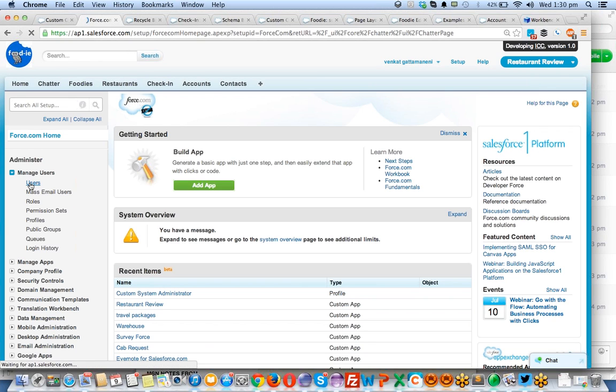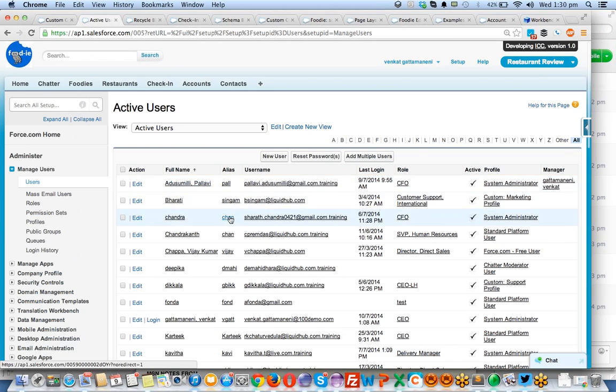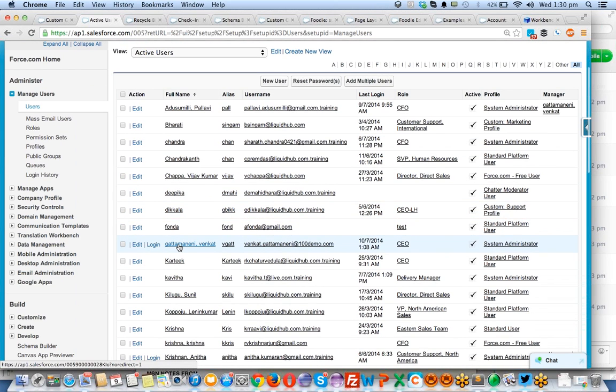By clicking on users, you can see all the users' profiles, right? All active users. Now, I have given login permissions to all the people. If you go to active users, there is a login button. If you click on login, you guys can log in as me. This is a sub login. First of all, you are logging into Salesforce. That's one top layer login. You are going to access the system.